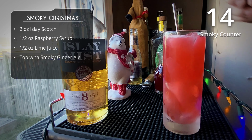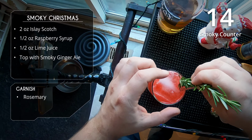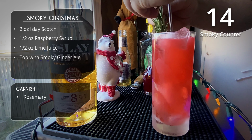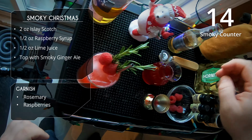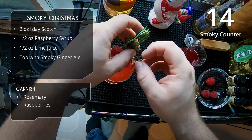We're gonna add a straw to our drink, and then for garnish, we're going to add some rosemary sprigs. That just gives it that Christmas look. Of course, some raspberries. Just gonna lay those on top of the drink. There you go. And for our final smoke